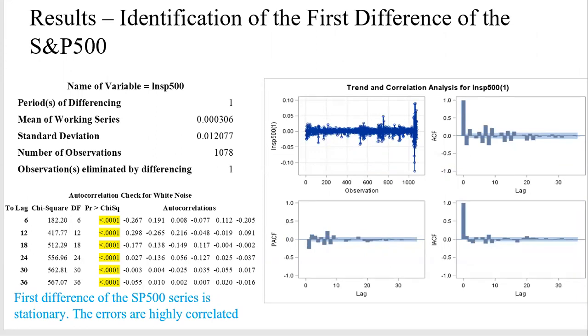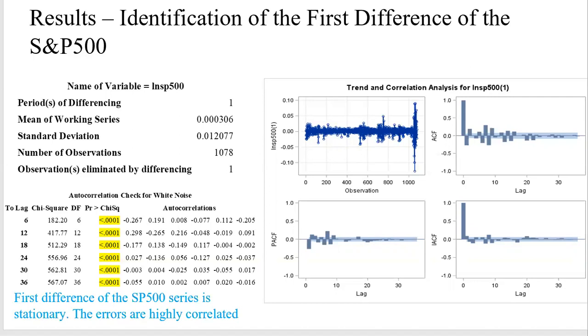The table on the bottom left shows the descriptive statistics for the first difference of the series. The figure on the right shows the ACF decreases very rapidly. This implies that the first difference of the S&P 500 is stationary. If you look at the partial ACF and inverse ACF graphs on the bottom right, they suggest an autoregressive of order 1, or AR(1) model. The PACF and the IACF also suggest that there may be seasonal effect. This means that there are some lags that are non-zero.